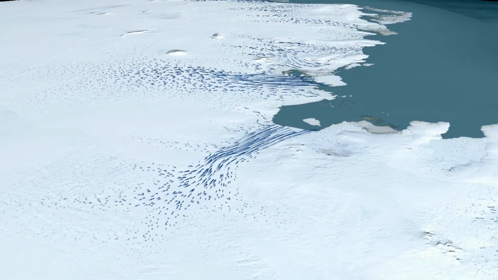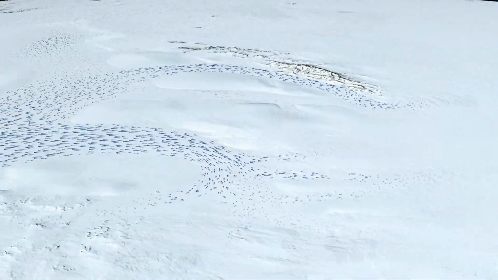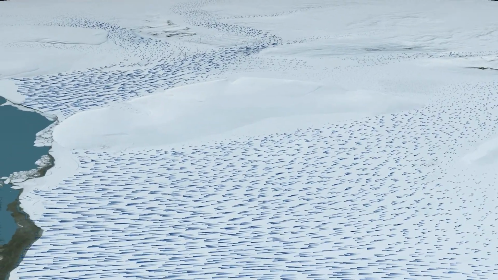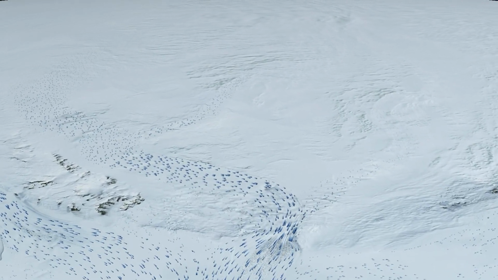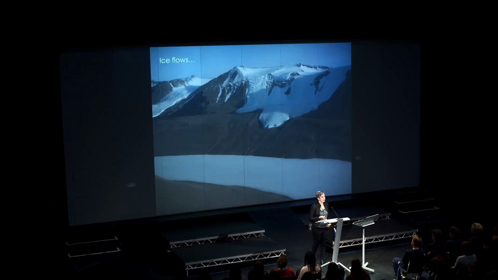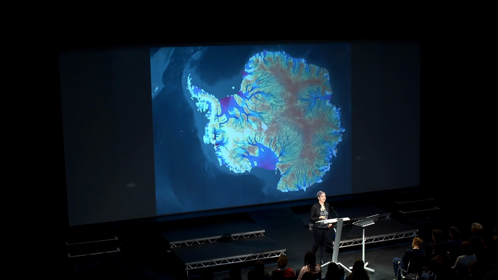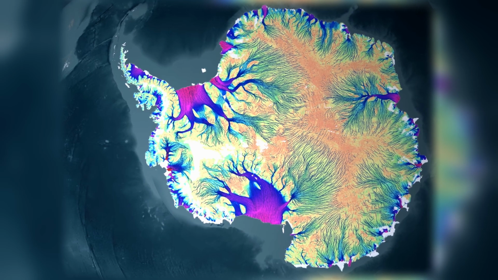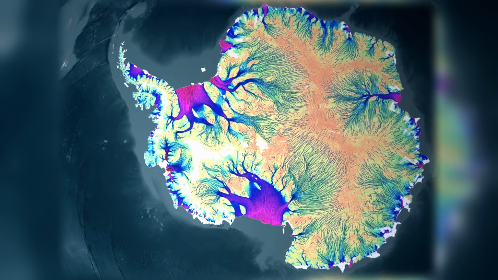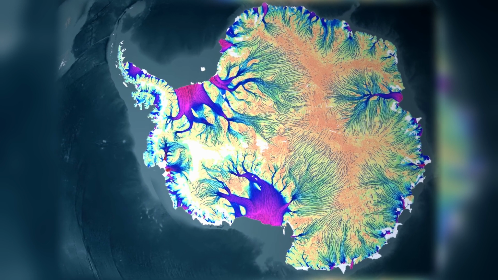So it's not just about the melting from the warming, it can also be about the glaciers flowing into the ocean more quickly when they reach the sea. Here's a really nice map of Antarctica showing it in a completely different way from usual. This is showing the speed of the ice everywhere in Antarctica. This is a map from NASA, and it's showing